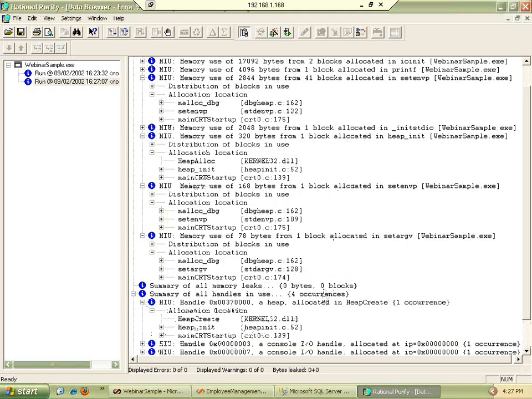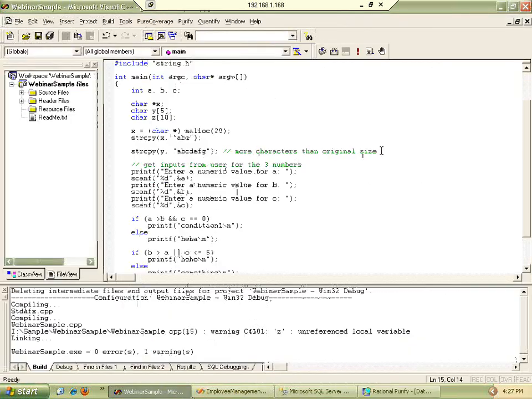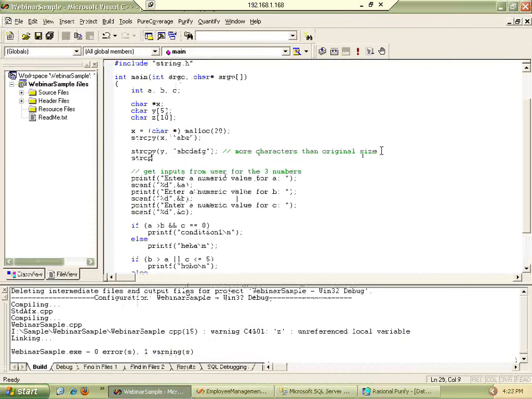Now, just watch. I'm going to make one more change. I'm coming back to this. Let me initialize strcpy Z, 1, 2, 3, 4, 5, 6, 7, 8. Z is having only 10 bytes. I am allocating more to this. What happens is, if you overwrite this Y, it spills to Z. If I do something onto Z, what may happen, we don't know, right? I'm just adding more characters to that.